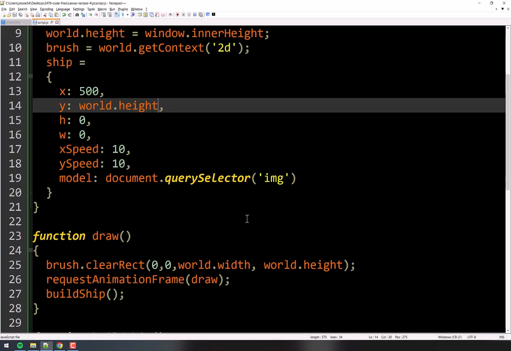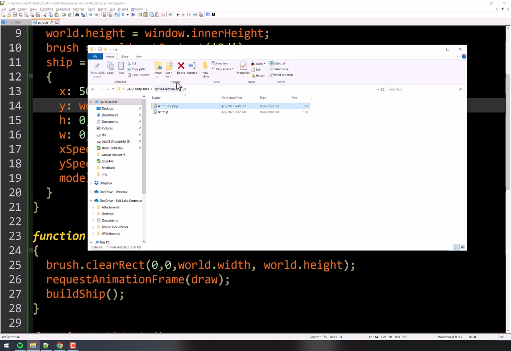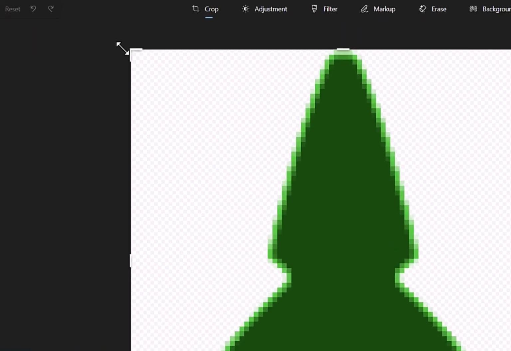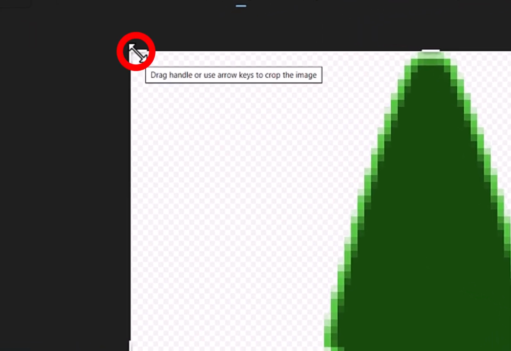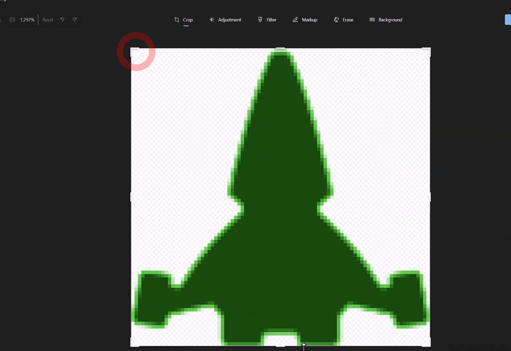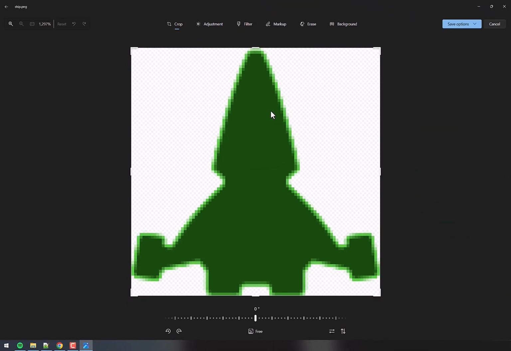Well, you remember when you're dealing with X and Y positions, it starts at the top left corner. So if we go back to our ship, that little editor I had, the X and Y position is right here. So I said that the X and Y position here is the world height, right? So that means that the world is right above this, and this is below it. So I need the world height minus the height of the ship. So that'll put the bottom of the ship at the bottom of the world.